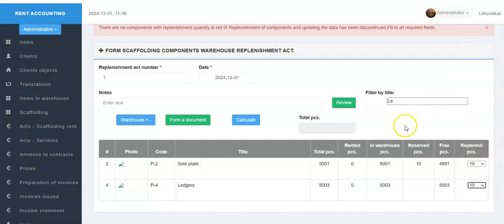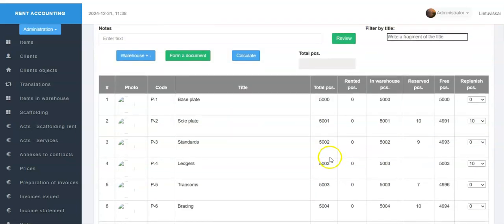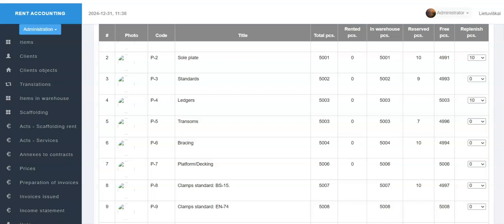In this way, after filtering, we enter the required quantity of the relevant component, and then, in order to see other components, we remove the text from the filter box.